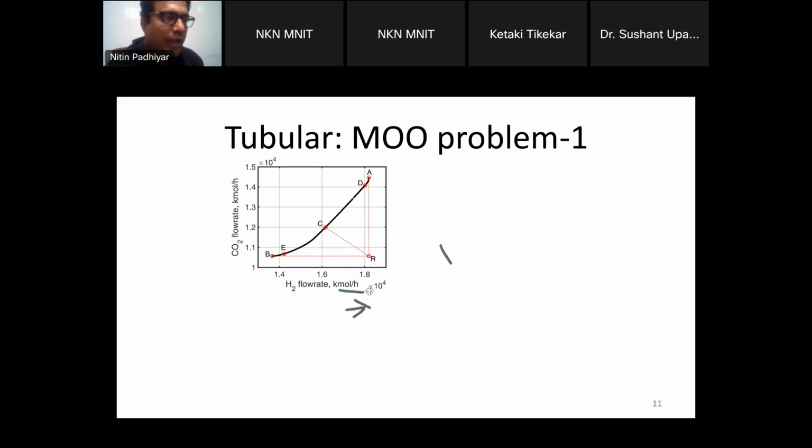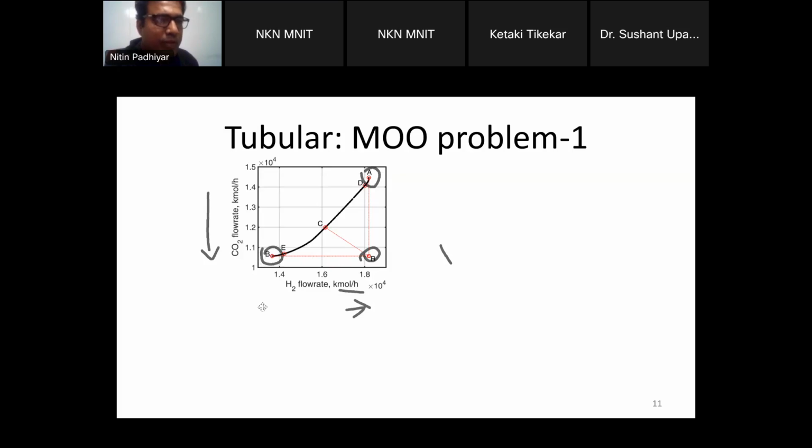And carbon dioxide I want to minimize. So the ideal point for me is this. This point corresponds to maximum hydrogen and minimum carbon dioxide, but this is not realizable. You cannot get that, whatever the feed temperature, feed concentration of carbon dioxide, methane and water, you don't get that. Okay. So if I can get either maximum hydrogen, that is point A, or minimum carbon dioxide,